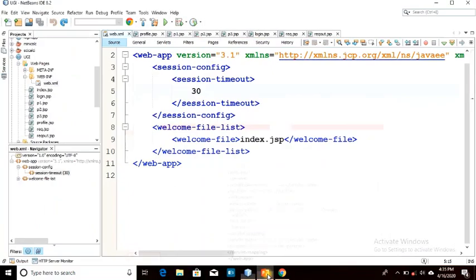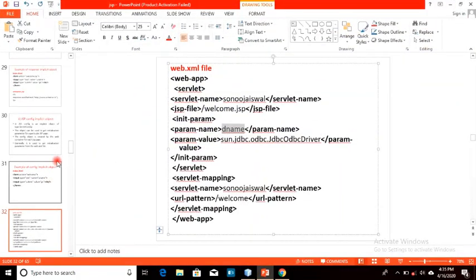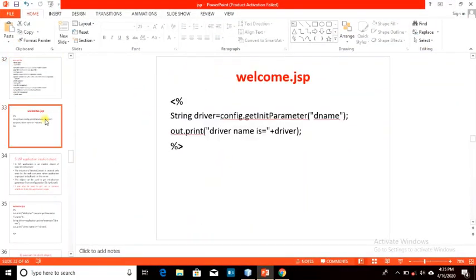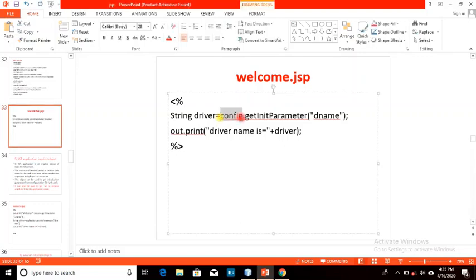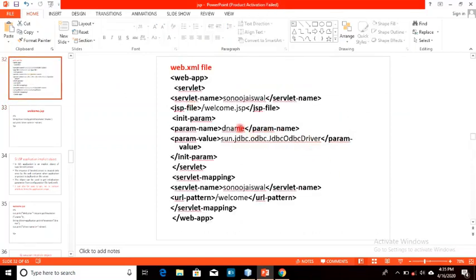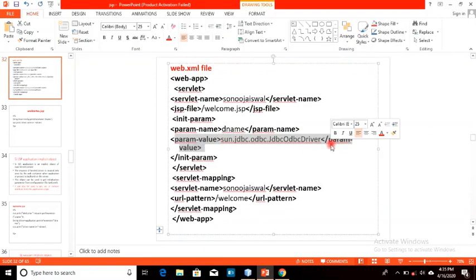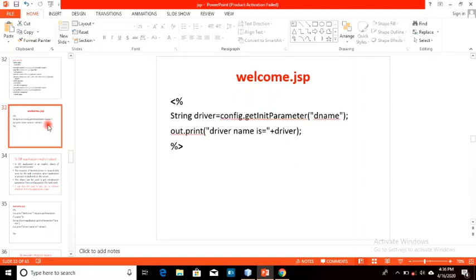So the code for extraction is config.getInitParameter, and here you can pass the dname. So the driver name is sun.jdbc.odbc.JdbcOdbcDriver. This particular value we will fetch from this web.xml, and it will be accessible to all the pages. Okay, so it is not very useful, and it is also not used so frequently.